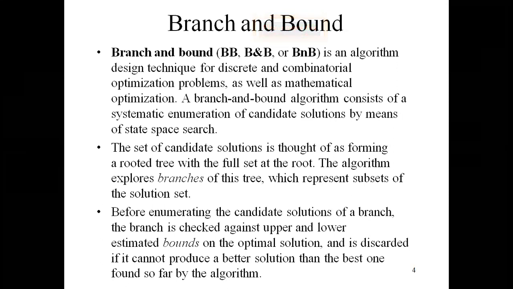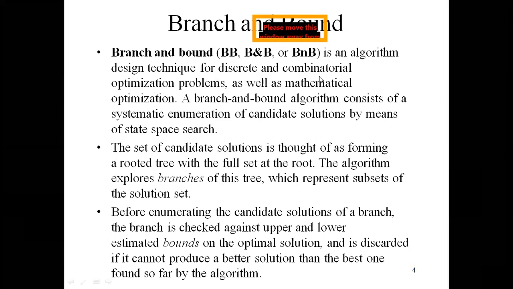So we have the branch and bound. You are constructing a state space tree in the case of branch, and you are considering the bounding function, just like in our backtracking, so that we can consider the nodes based on the bounding function. So branch and bound is an algorithm design technique. Already explained some of the techniques like divide and conquer algorithm, dynamic programming algorithm, backtracking algorithm. Like this, we have the branch and bound technique.